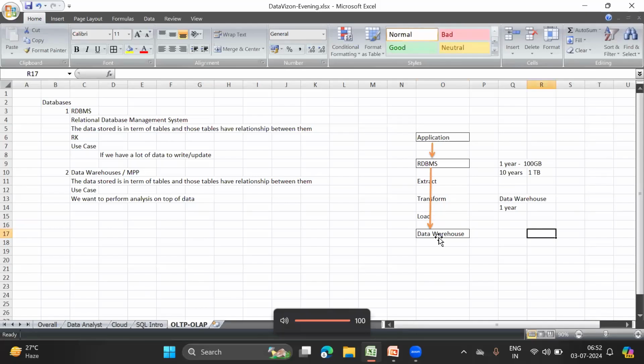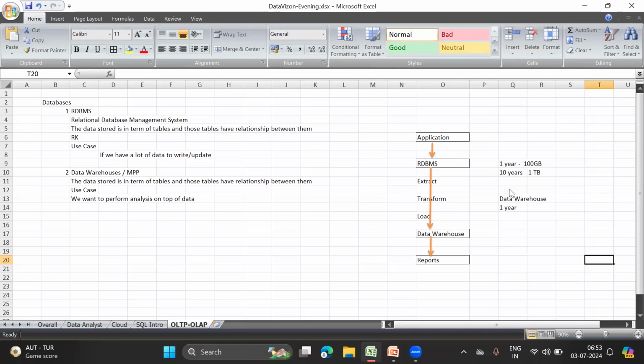And then I will finally load that data into the data warehouse so that I can do reporting on top of it. All the reports which we generate are generated on top of the data stored in your data warehouses. So this is how it is. This is what most of the projects you might have seen use, very basic things.